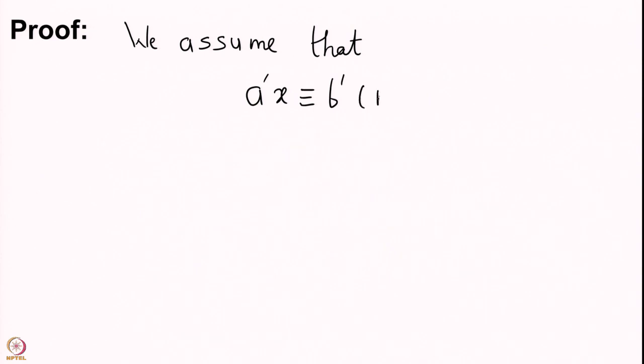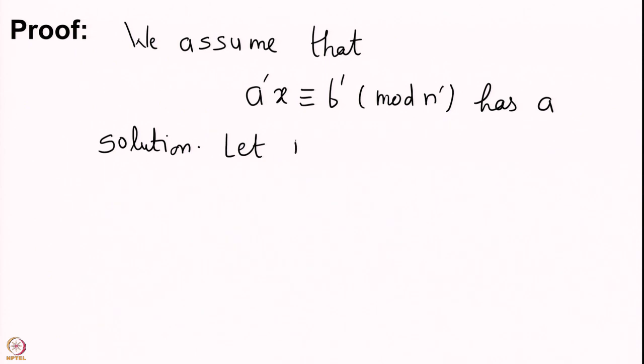We assume that A prime x congruent to B prime mod n prime has a solution. Let it be alpha. So, we have some solution in the set of integers, then